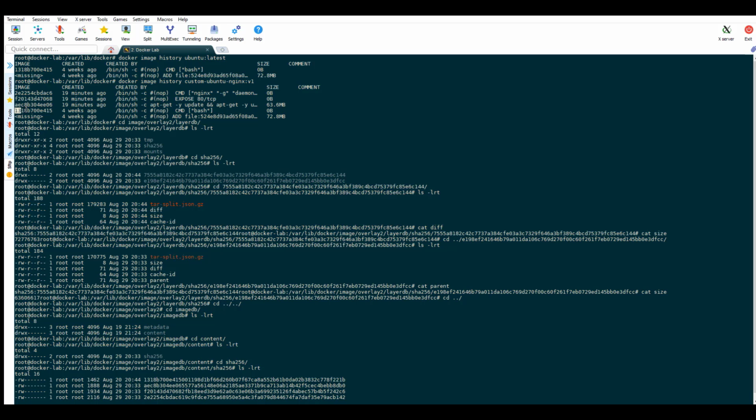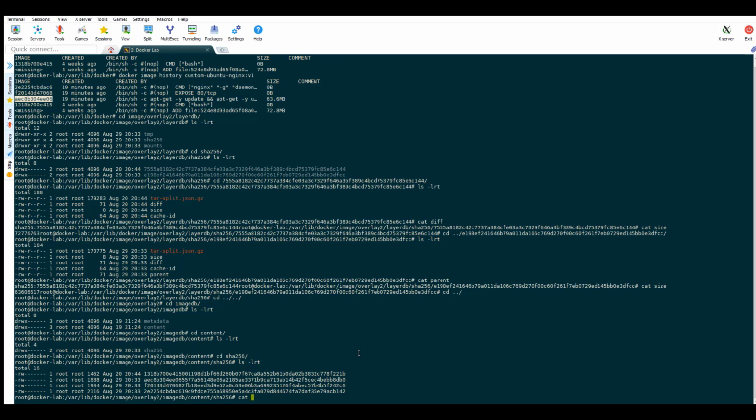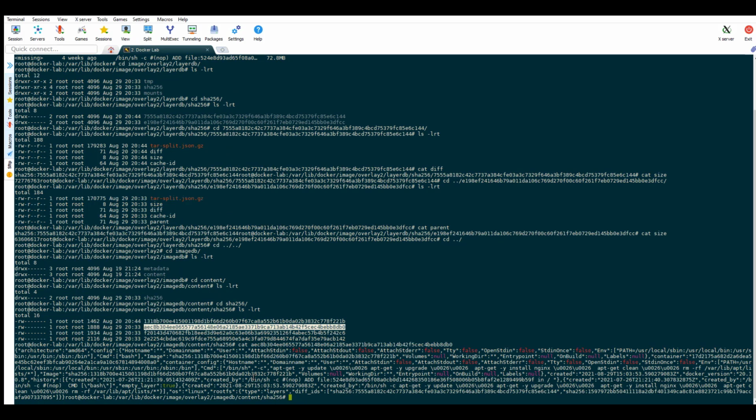If we check the content of one of the files, we will be able to get certain information like the hash value of the layer that is stored in the diff IDs, and it should be equal to the directory name of that layer, as well as the instructions that created those layers, the parent instruction, as well as the creation date. In this way we can get details of each layer. Thank you all for watching this video.